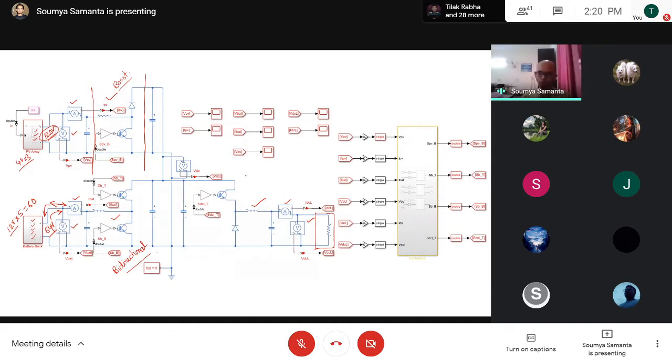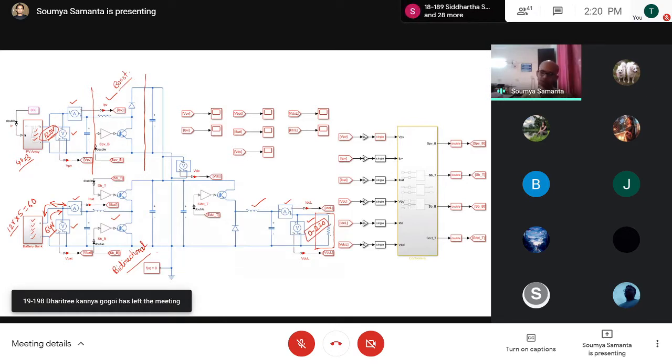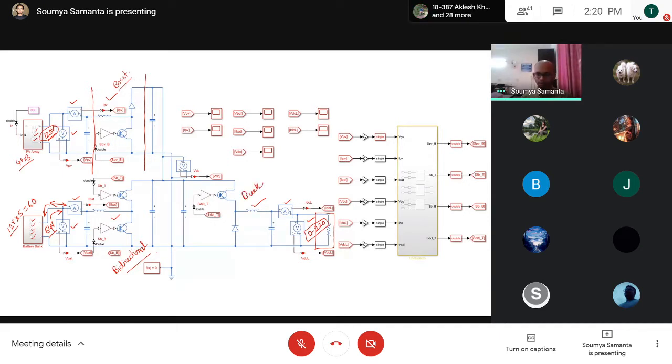Next is the load here. Okay. So the load voltage here, we can vary to whatever voltage we want. Suppose here we can vary from 0 to 220. We can vary this voltage. Okay, up to this voltage you can vary. Now there we have used a buck converter. Buck converter. Now what is the function of this one?